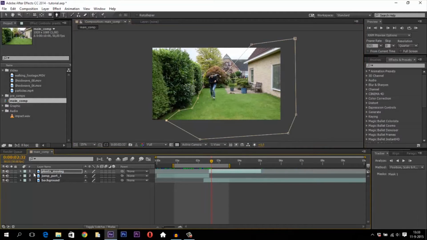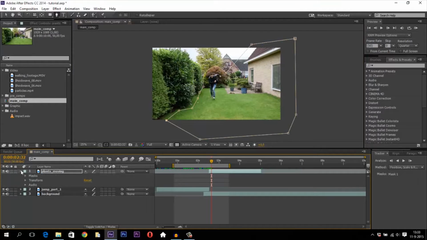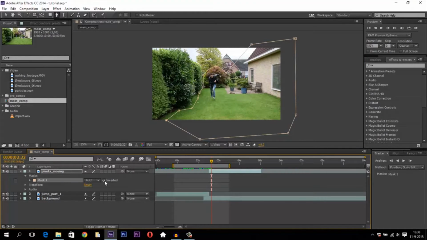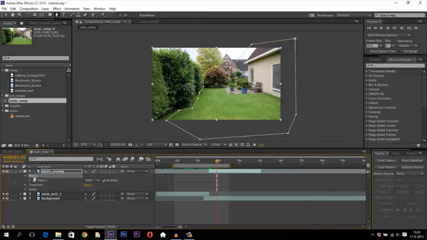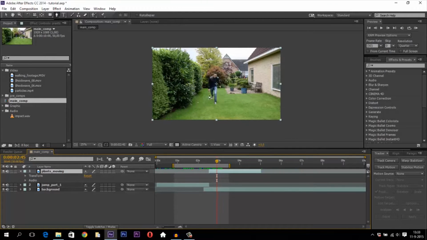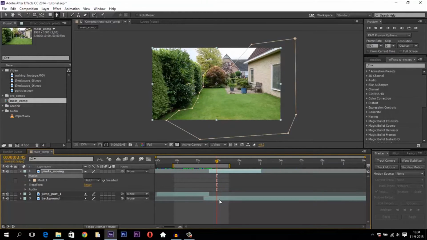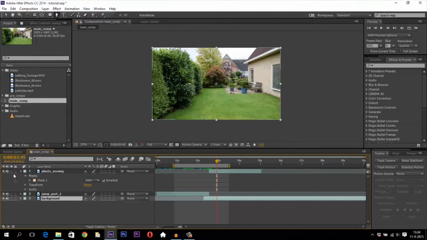But as you can see, we have to invert the mask. Click on this arrow, go to your mask and click invert. And as you can see now, our character, excuse me, the person is gone and the plants are still moving, and he's gone because we have created a mask on the original file. So if we delete the mask, you will see the person is still on the same layer, but we've cut him out, and the layer behind it, because it's just a mask,